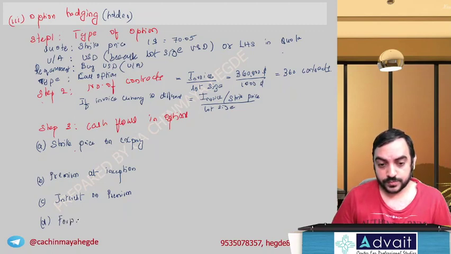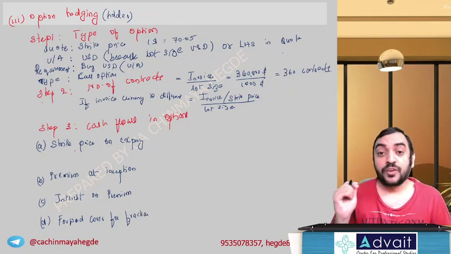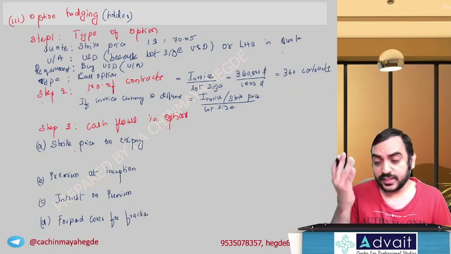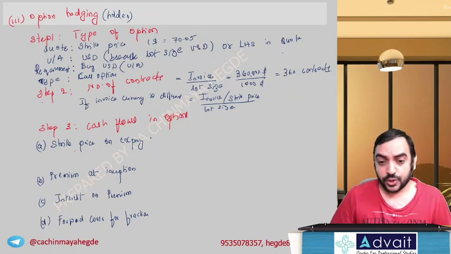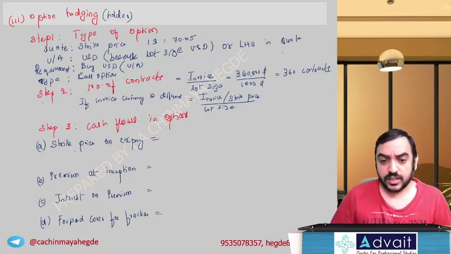Forward cover for fraction. Fractional contracts, like the number of contracts round off I told you, then in that case that will be applicable. Okay, so: strike price on expiry, premium at inception, interest on premium, forward cover for fraction. Strike price on expiry, how much? $70.05, 70.05